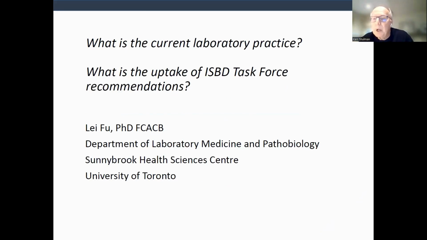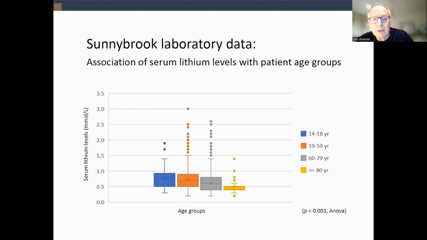If the labs are recommending toxic levels of lithium, we have an obligation, those of us in the health community who know something about the use of lithium, to stop them from recommending levels that are toxic. So I teamed up with laboratory medicine colleagues at Sunnybrook and more recently across the country, and we looked at some data from laboratories. In the next slide, you see the data from the Sunnybrook lab. At least at Sunnybrook, where I work, you can see that by age, going from left to right, youngest to oldest, the levels for